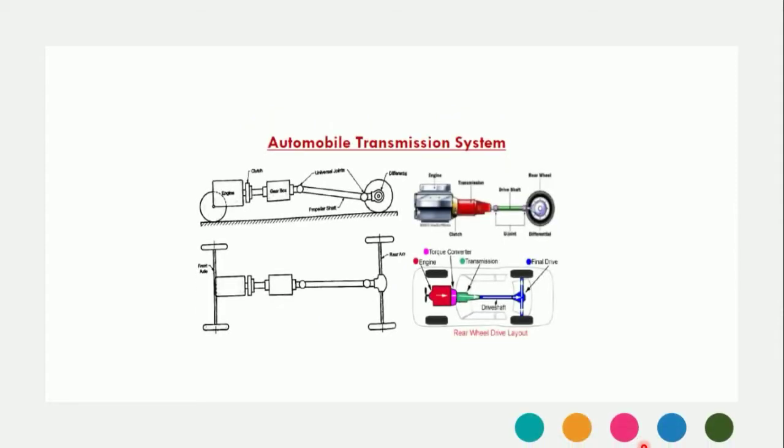So here you have the automobile transmission system, which includes the engine, clutch, gearbox, then the propeller shaft with universal joints, and at last the differential mechanism. By means of all these power transmitting elements, we are ultimately transmitting the power to all four wheels, and thus your vehicle is going to move down the road. Now among all these major power transmitting elements, we are specifically going to focus on the clutch.